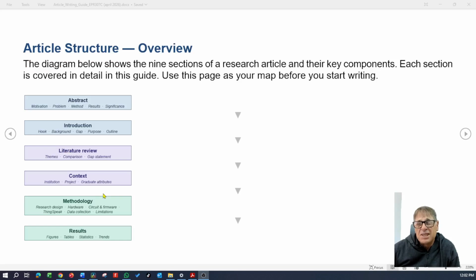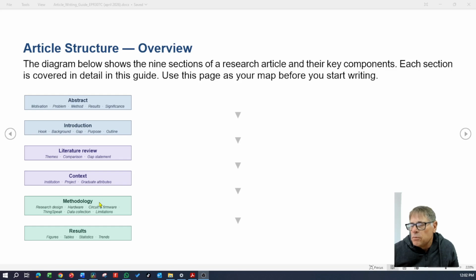That's the specific type of research that you're doing. All the hardware, the circuits, the firmware, the cloud connection in the specific module, and then your data collection, and very important, your limitations. Which limitations? You must be very specific regarding the limitations of your project.